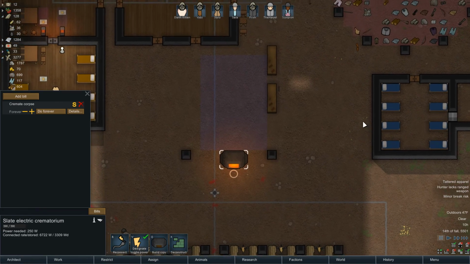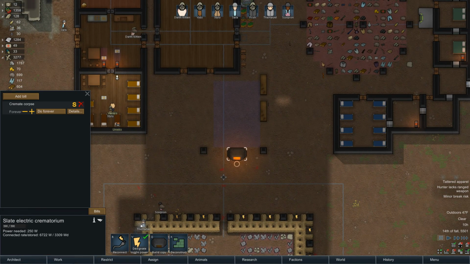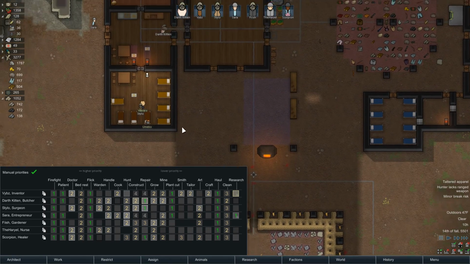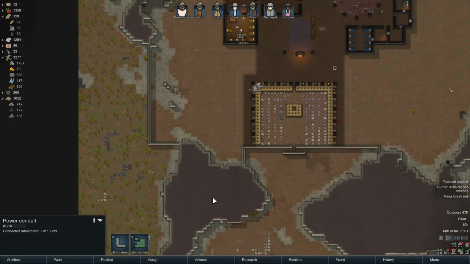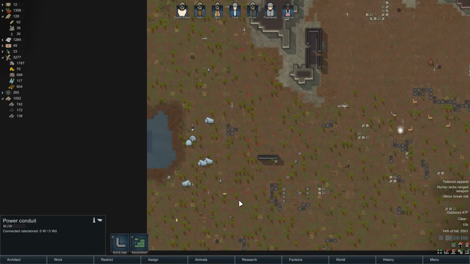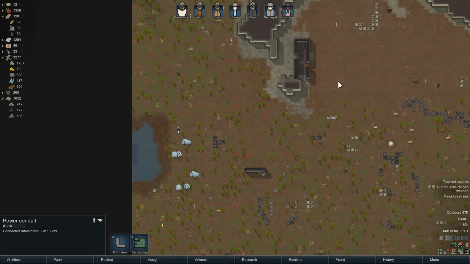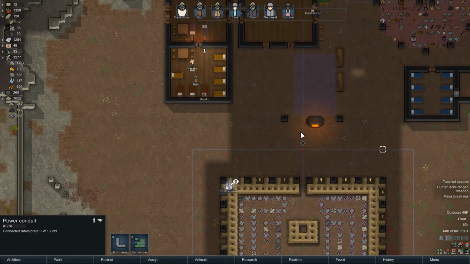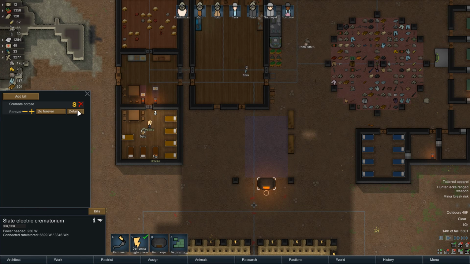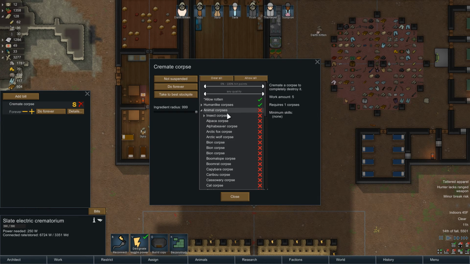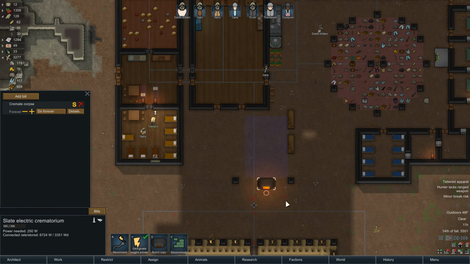So apparently what's been happening is my colonists have been cremating fresh animals that I killed. And it's a good thing I noticed that, because I think I remember in those 2 parts that I recorded, I actually went and hunted a bunch of muffalo, and then I think someone cremated half of them before I realized I was losing out on so much fresh meat. So, yeah, let me just make sure I fix that, because that was a very stupid thing I did.